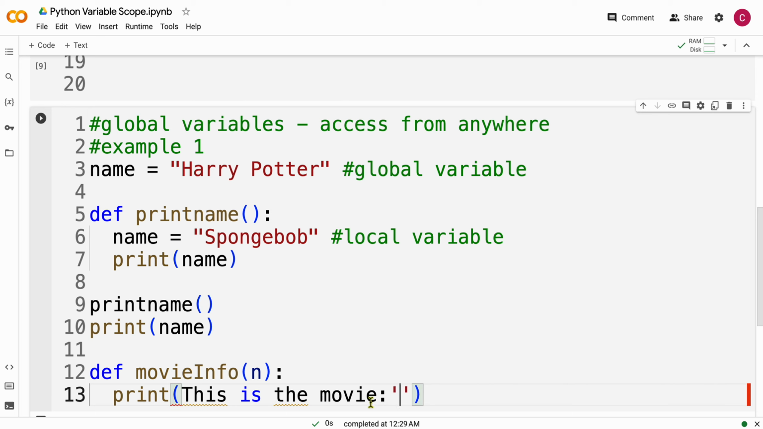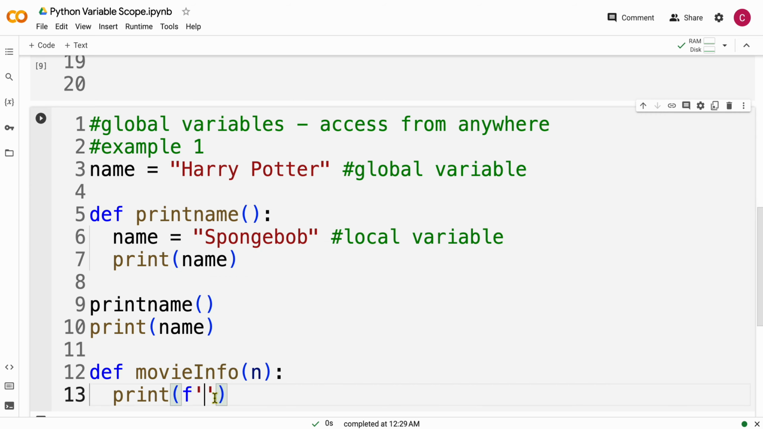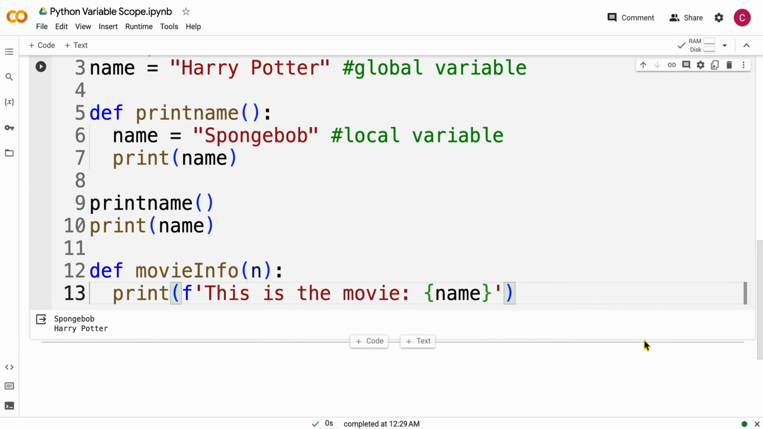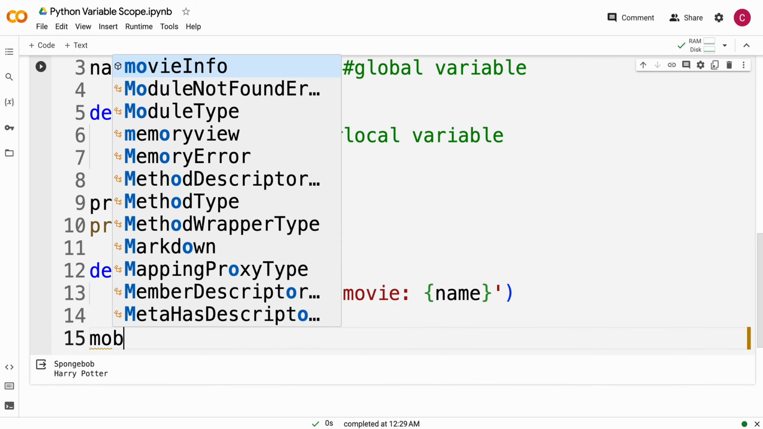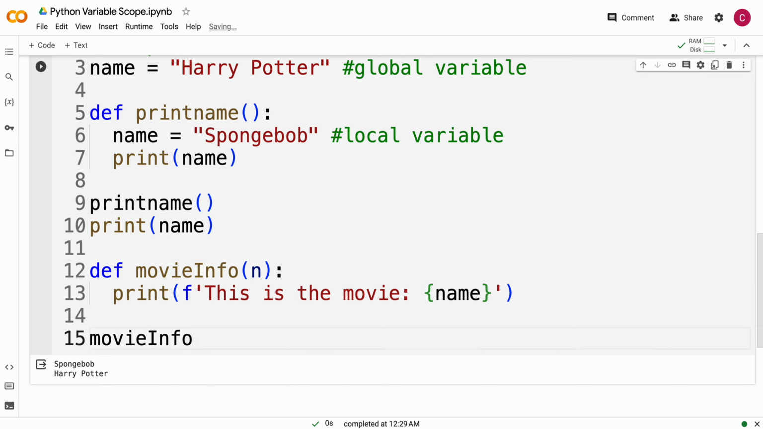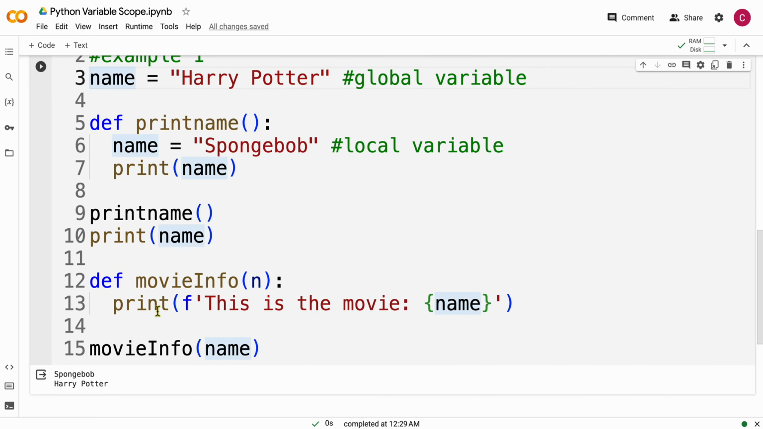So let me paste all of this inside of here. F, and then let's do this. This is a new movie, and we can say name, and that's just simply going to print out the name of the movie. So then if we call that function, we could say movie info, and then we're going to pass in name. Name is holding our variable that we created at the top, and we will click run,